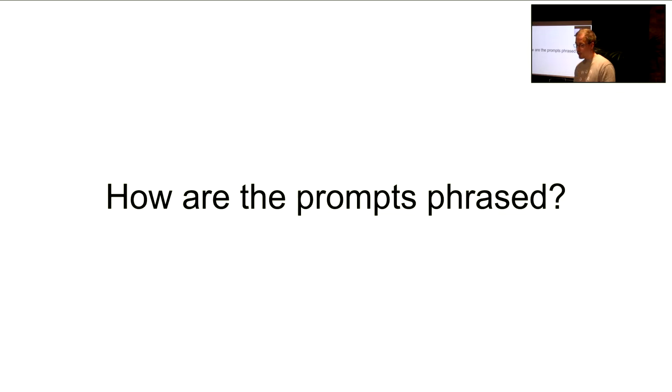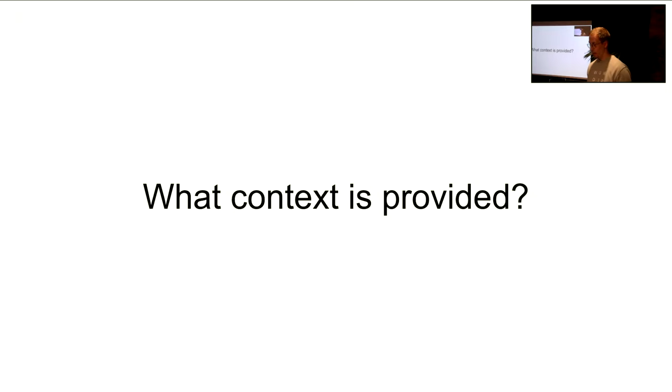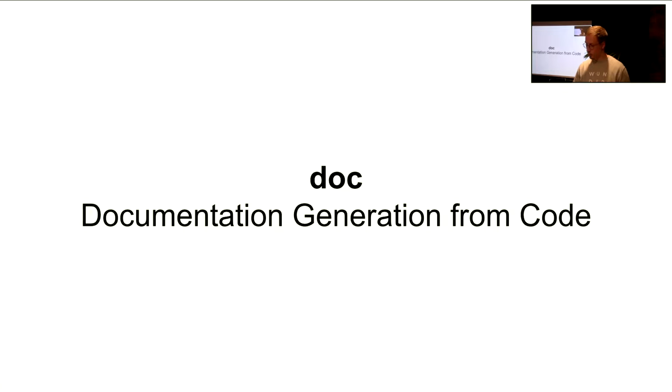Now, again, the questions they're wondering about are, okay, how are the prompts phrased? Because you can change that phrasing, right? So in your team context, it means how do you phrase your rules? Do you put a "must not do this," or do you use capital letters or words like "important" there? In what order is the information given? It might matter whether important rules are in the beginning or at the end. And then what context is provided? In your rules, do you refer to certain files, or just in general terms in your working context? What context do you want to give?